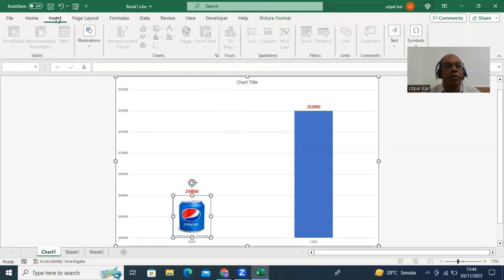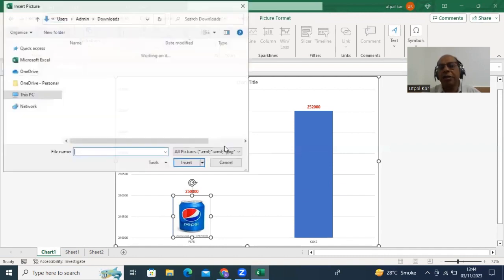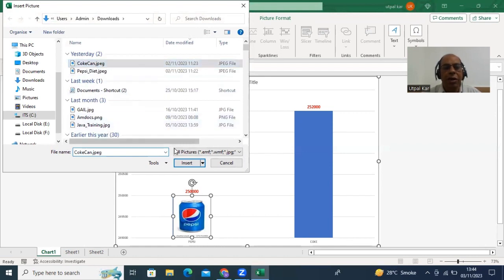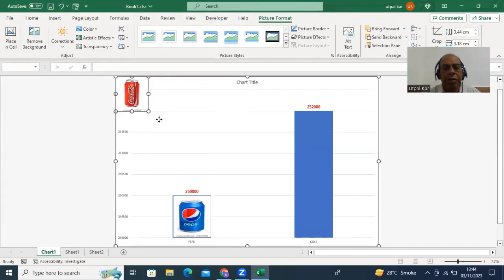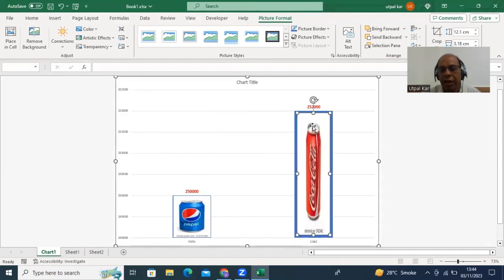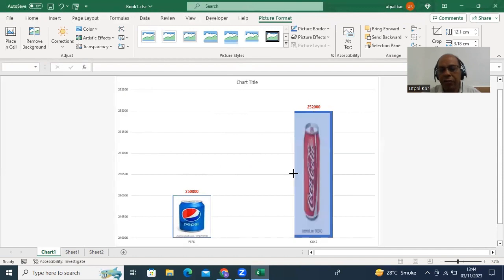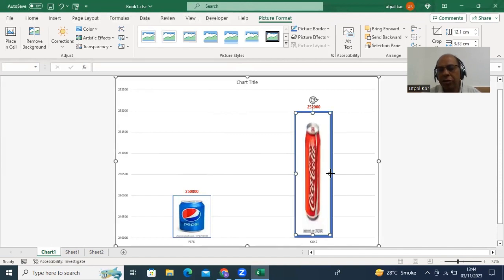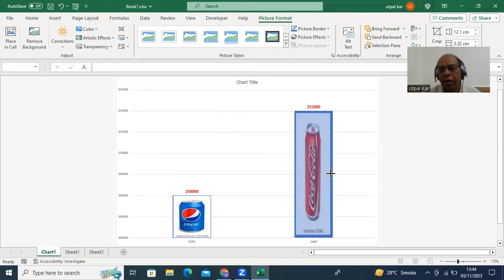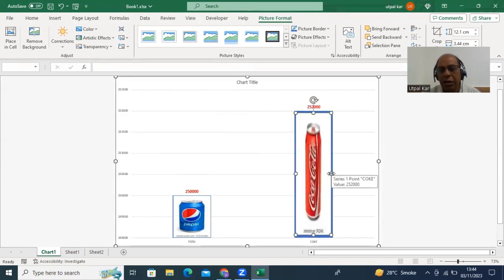I can once again go to Insert and choose the other file that is for Coke. So I'm choosing it here, and the image of Coke is coming. So I can adjust its height. Of course, the more you increase the size of the figure, the picture's quality will become a little bit blurry. But anyway, still it looks good, and definitely now you can see very easily you have created a very high